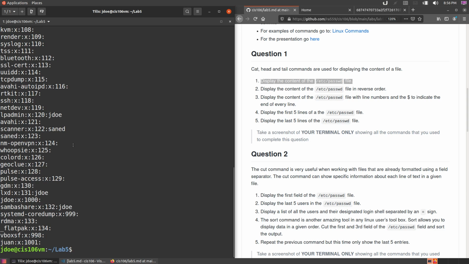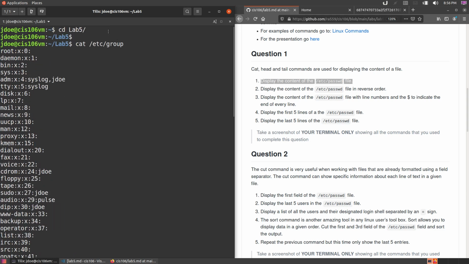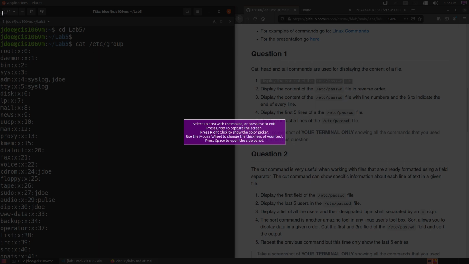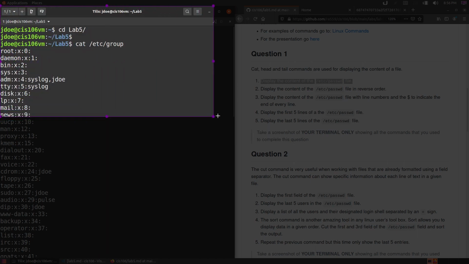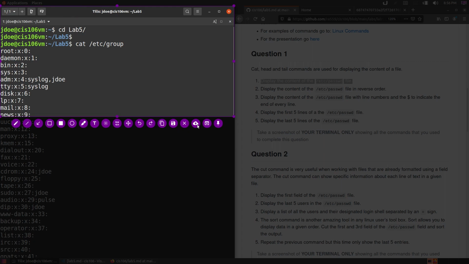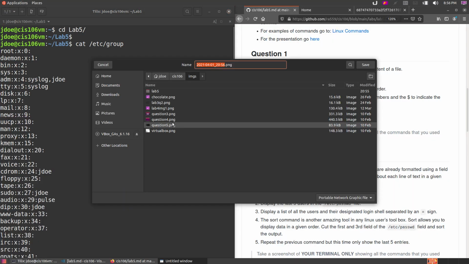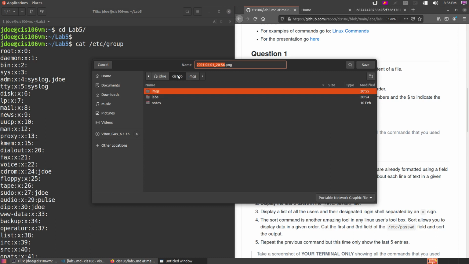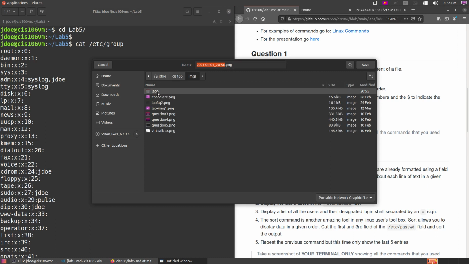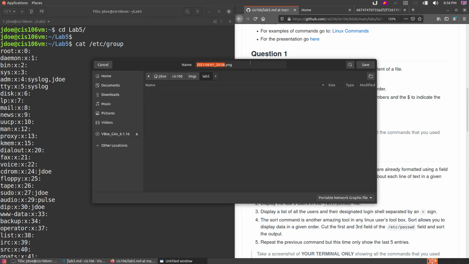So what you want to do is go all the way up and take a picture of this. Let's take a screenshot of my terminal. That's good enough, and I'm going to save it. And I'm going to go inside CIS 106, Images, Lab 5. And I'm going to name this picture Q1, question